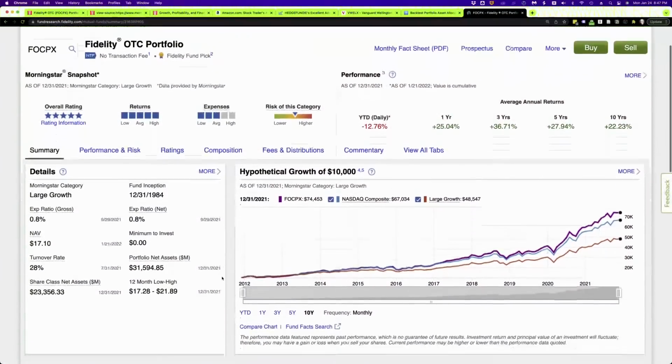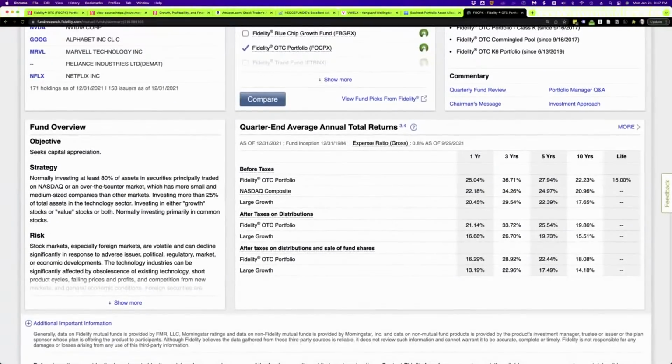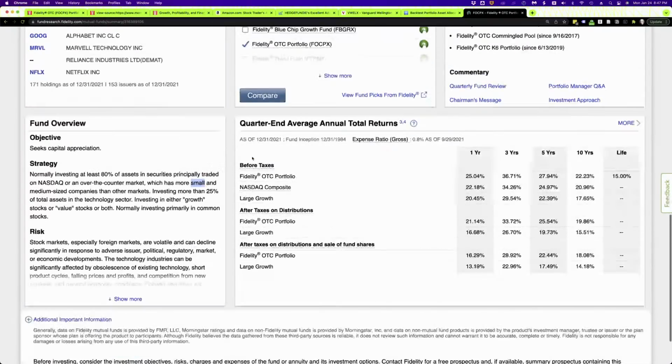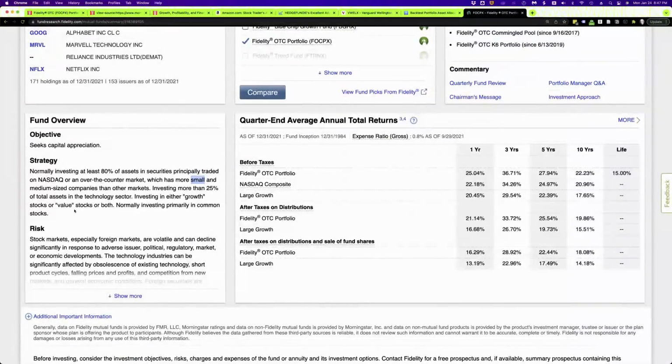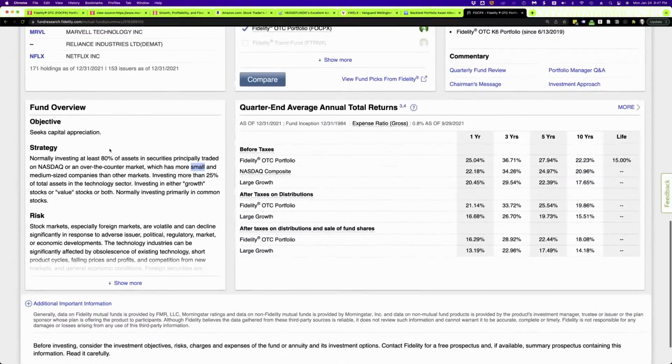So we're going to go over to Fidelity. 80% of its assets in securities principally traded on NASDAQ. Oh, okay. And the over-the-counter market, which has more small, and that's what I thought. That's why I said small and medium-sized companies. But when you look at it here, it's huge. That's what the over-the-counter market's usually small companies, investing more than 25% of total assets in technology. Well, anyway,